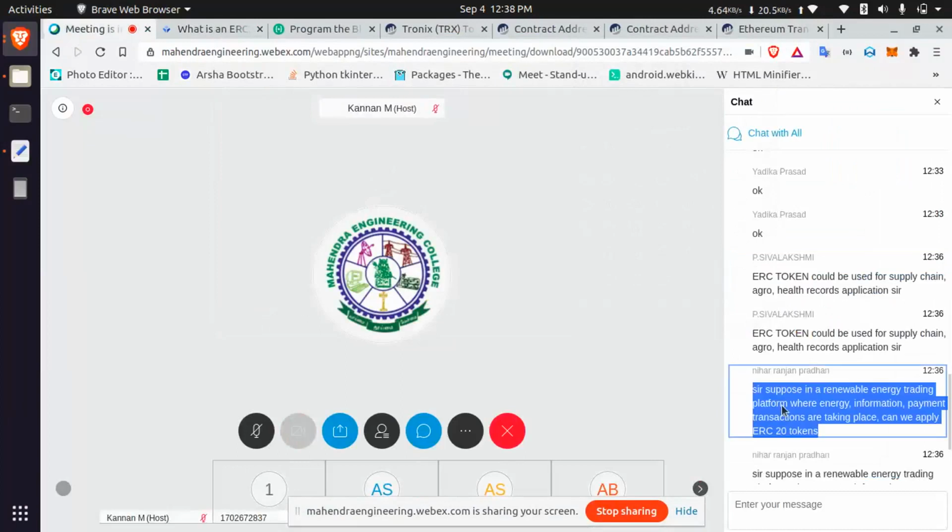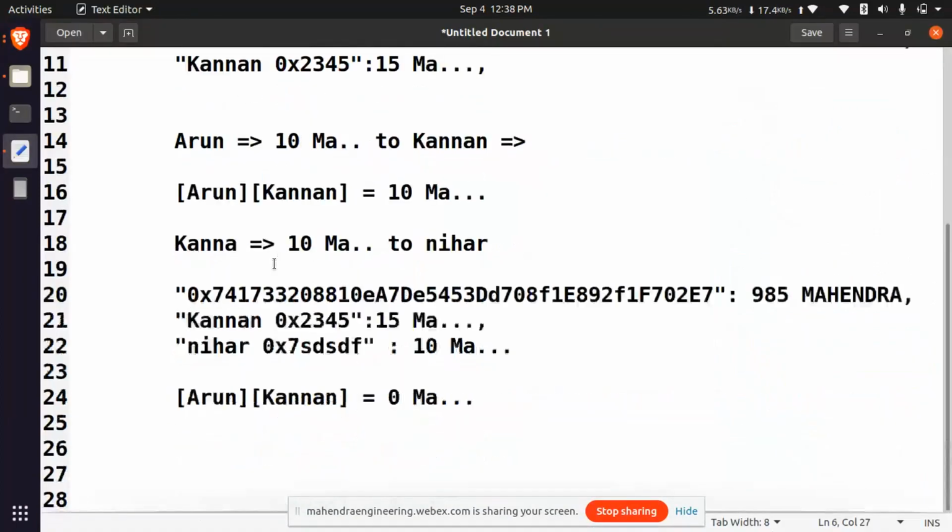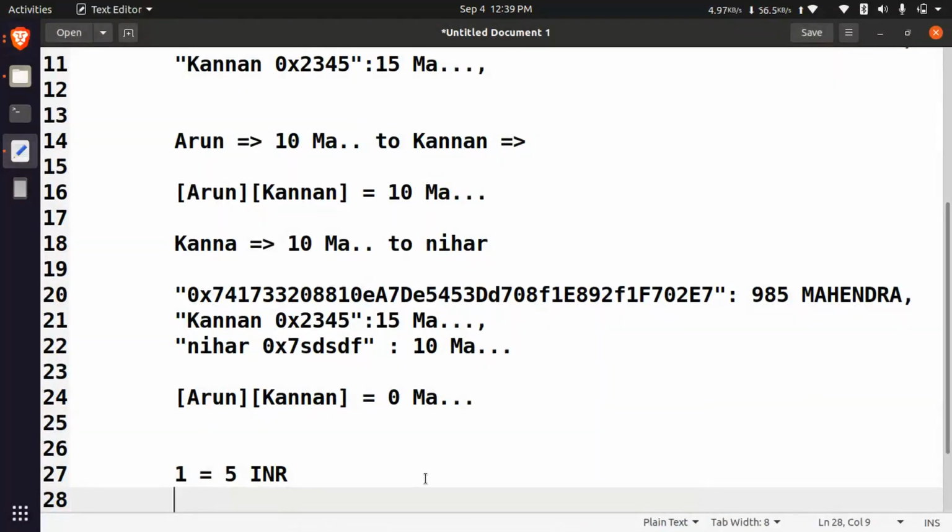If you are implementing this in your college or any institution, let's say you are giving one token equal to 5 INR, 5 Indian rupees. Let's say after 1 or 2 years the token gets rotated frequently, so somebody does not get this token easily.